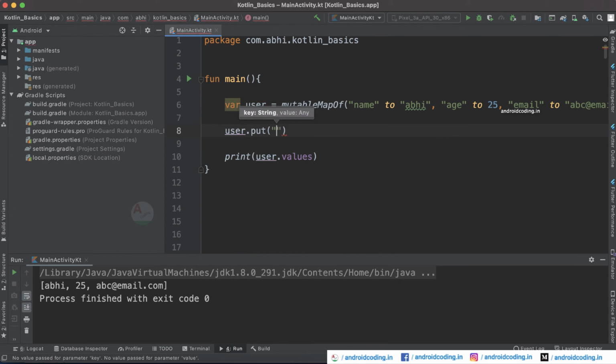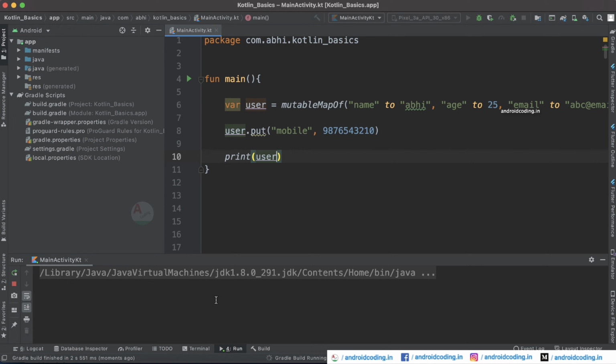It's a very simple way, and let us add a mobile number. This time you can notice that we are not making use of 2 here, we are directly providing a comma. Now let us print the user again and see whether this input is stored into our map or not.